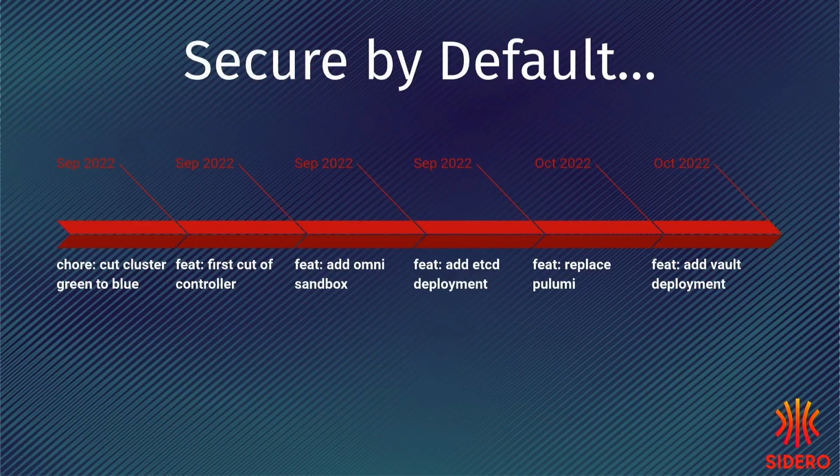So at this point, we add Vault, HashiCorp's Vault, because we want to start encrypting all of the Omni instances, and they are all encrypted with their own individual keys. So we have a break glass key that allows us to do disaster recovery, but otherwise all of the data stored by Omni is stored in the etcd already run through encryption, so it doesn't ever touch this without being encrypted. The reason we did it with HashiCorp Vault is because obviously that allows us to